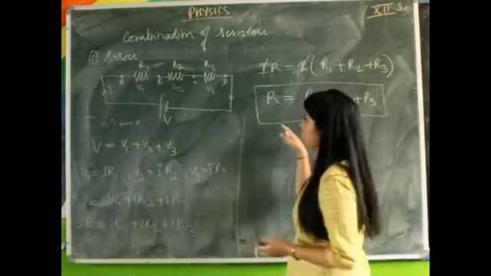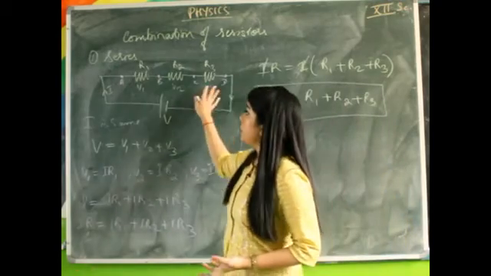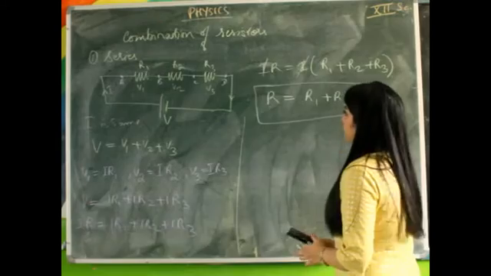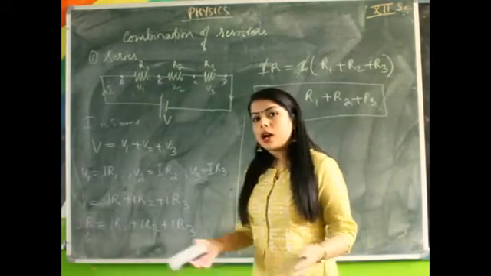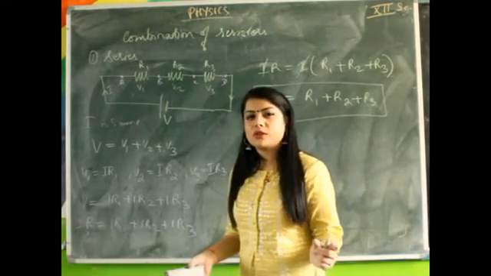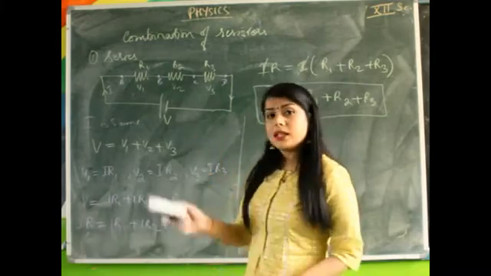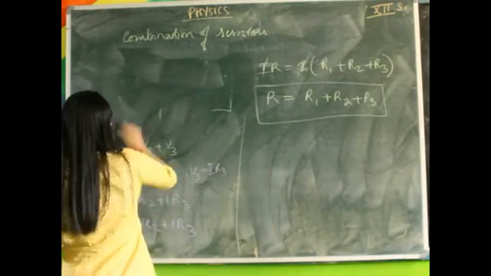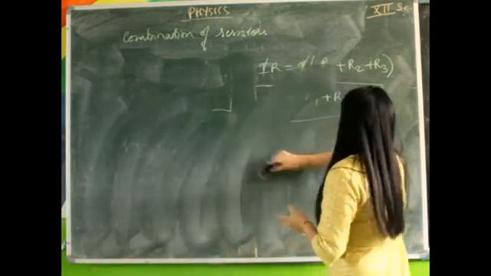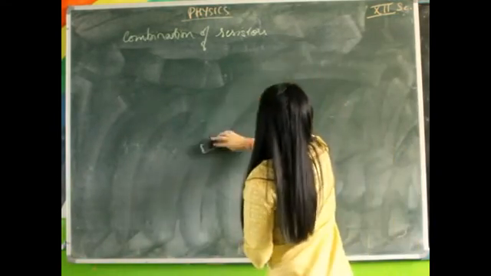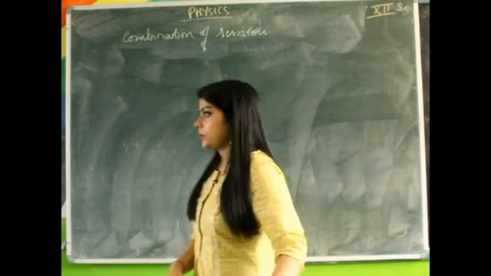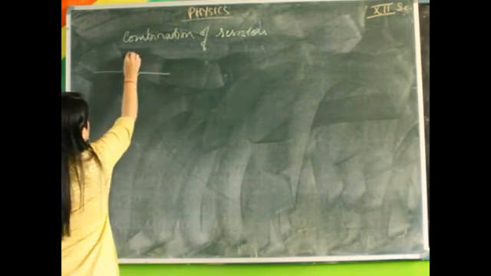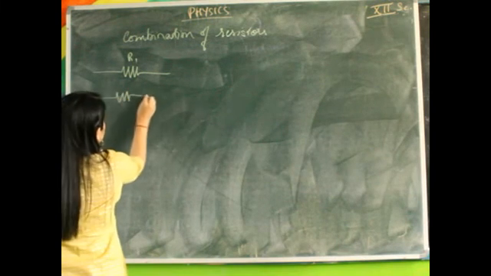So the total resistance will be greater than the individual resistances in the circuit. If you want to develop a larger resistance using small values of resistors, then what we do is connect them in series. Now we will do the derivation of the parallel combination of resistors. This is resistance 1, resistance 2,